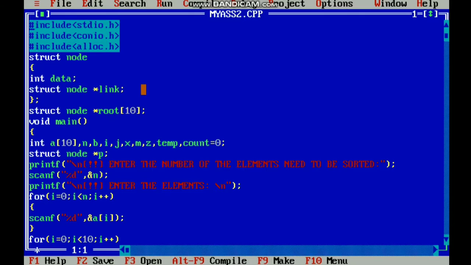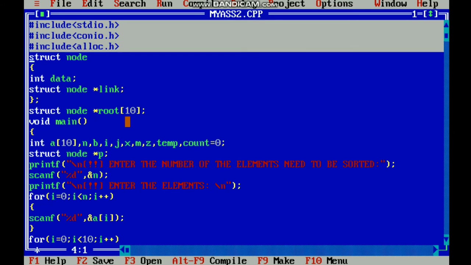Now we look into a piece of code of radix sort in the C programming language, which was written by me. Here I considered three header files: stdio, conio and alloc.h. We can also use process.h. alloc.h is used for allocating memory dynamically.